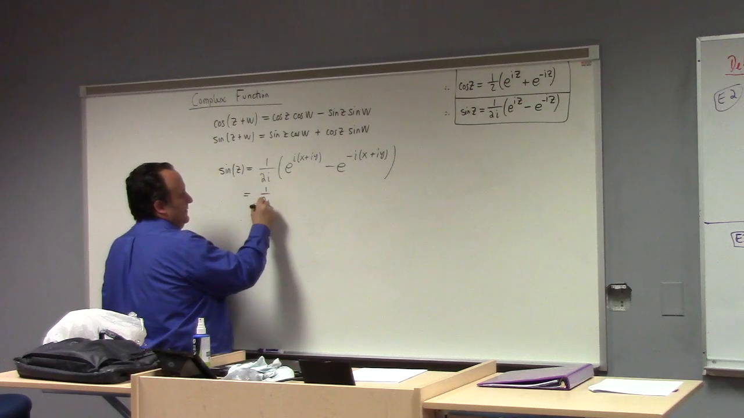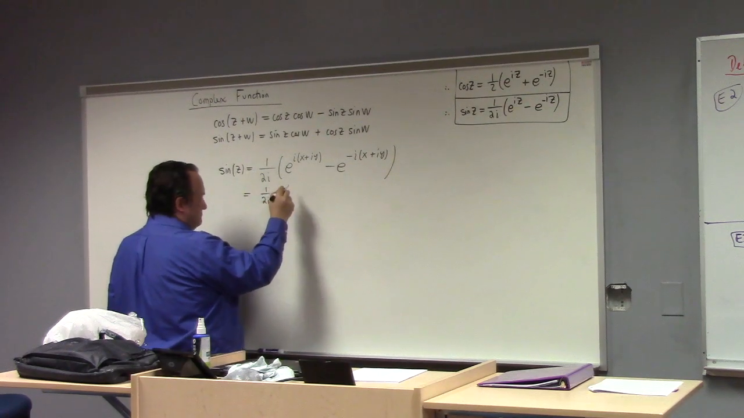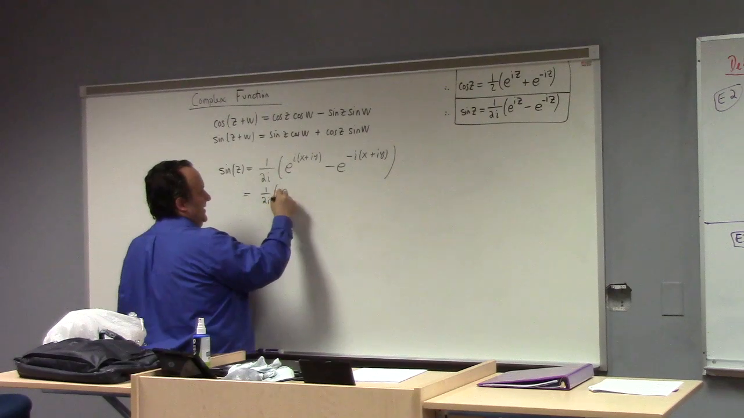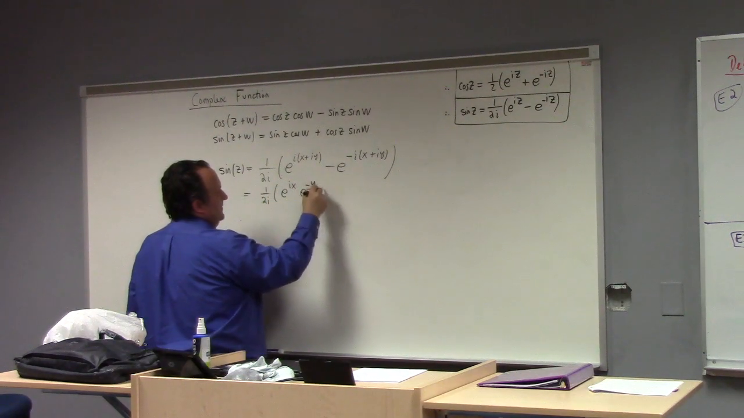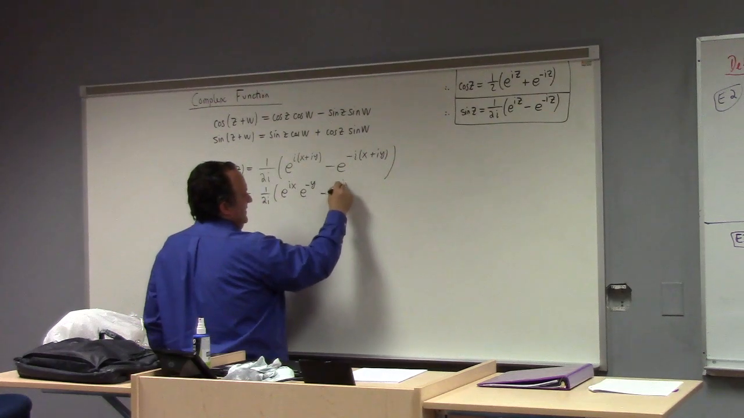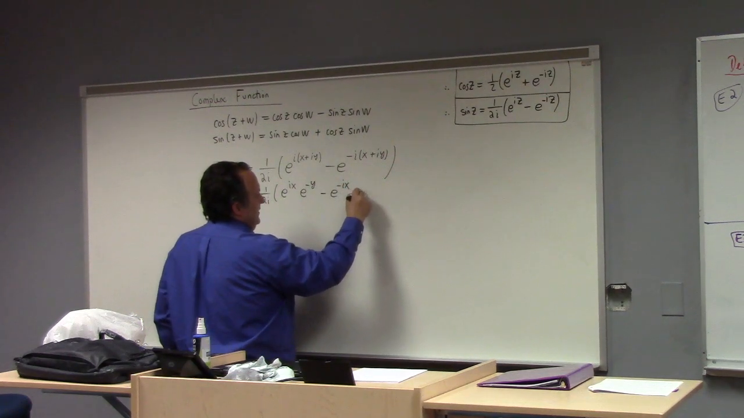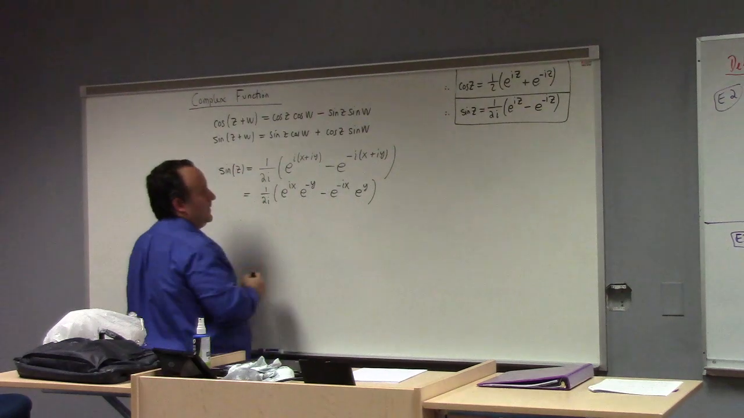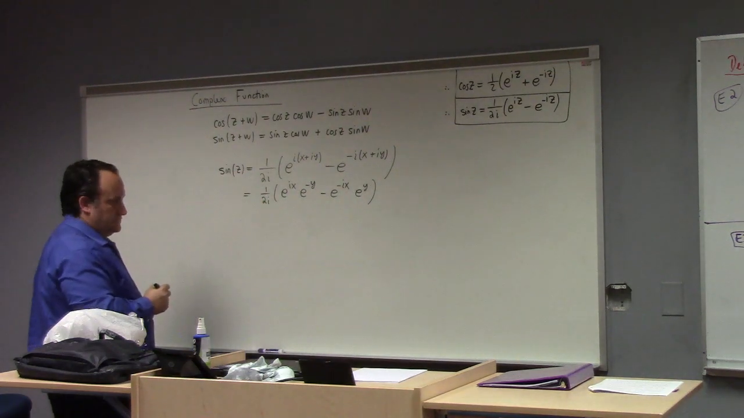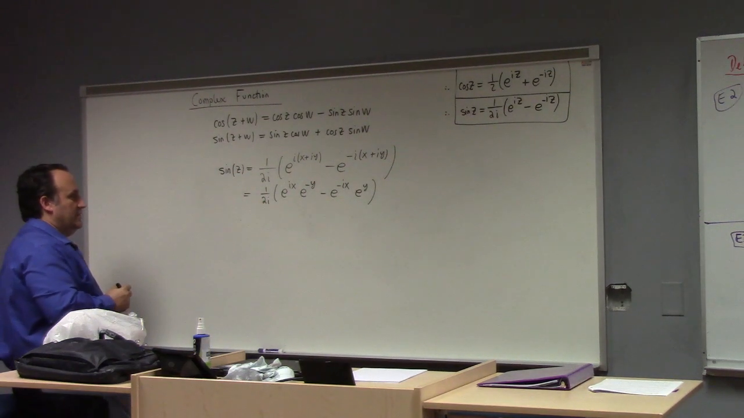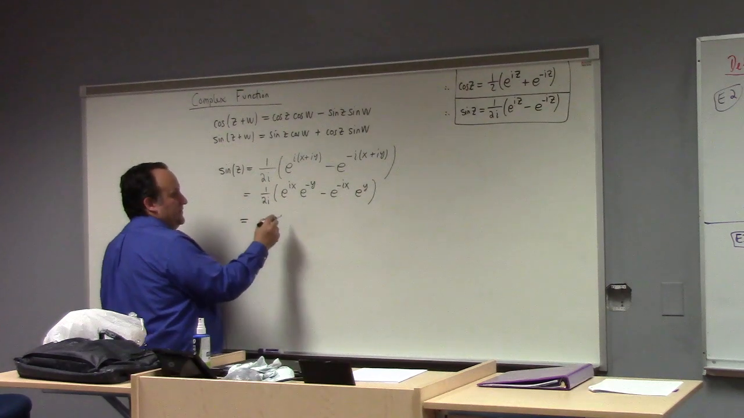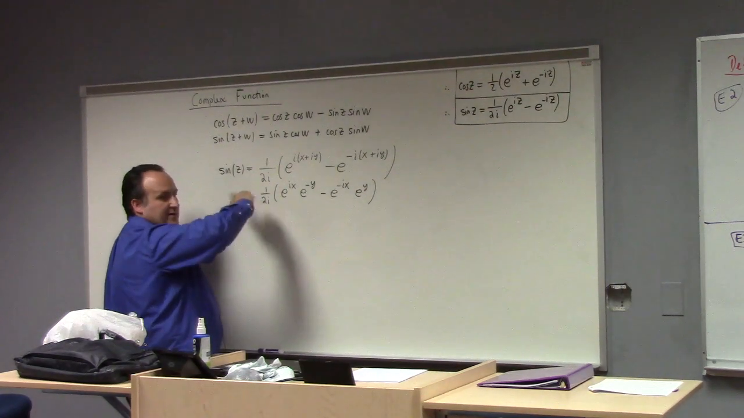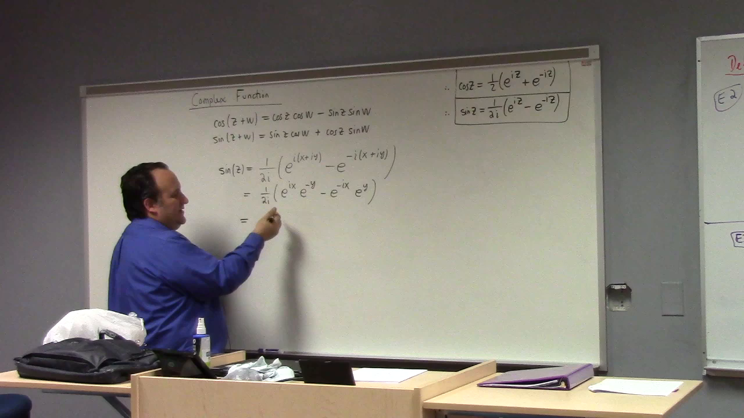1 over 2i, and we've got e to the ix, e to the minus y, minus e to the minus ix, e to the y. Would it be plus y? Yeah, I was switching them. I almost did the same thing myself just now. So, if you want to flip the i upstairs, we're going to leave it downstairs,